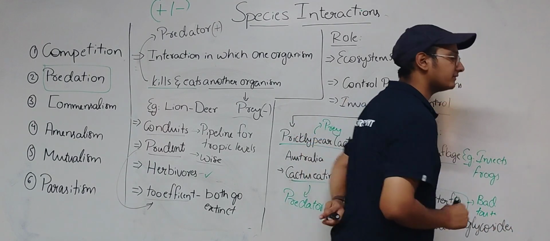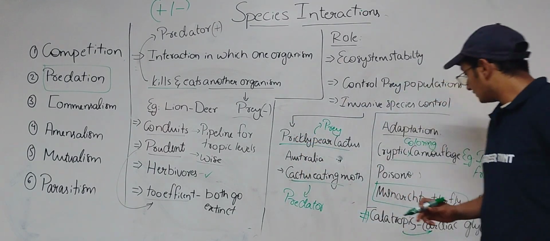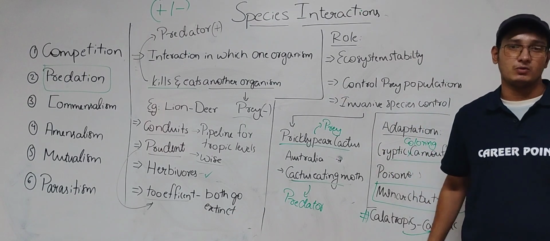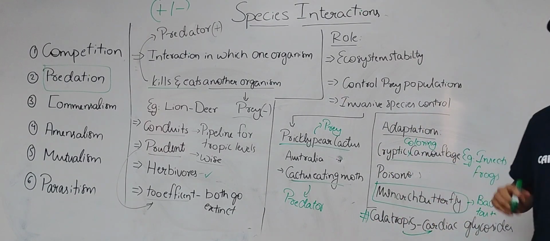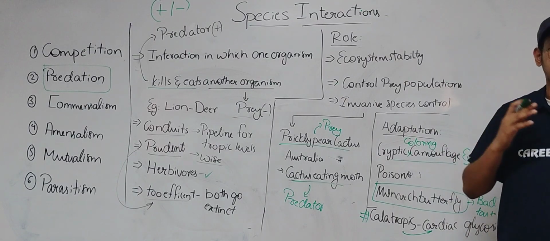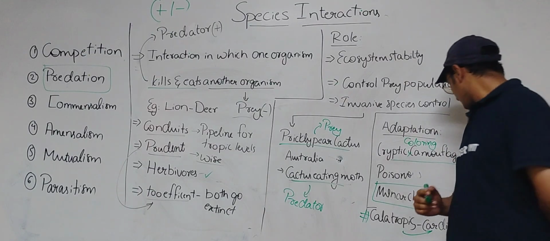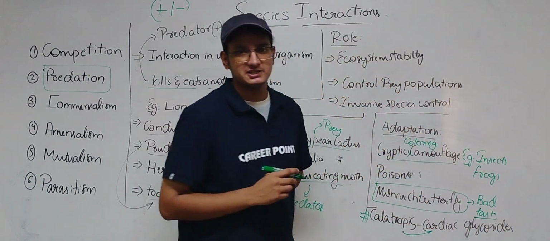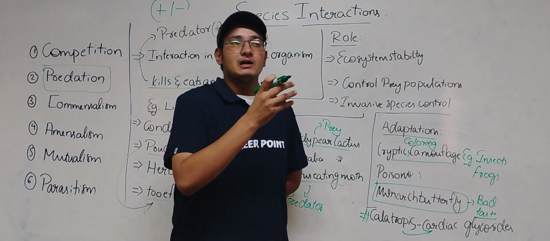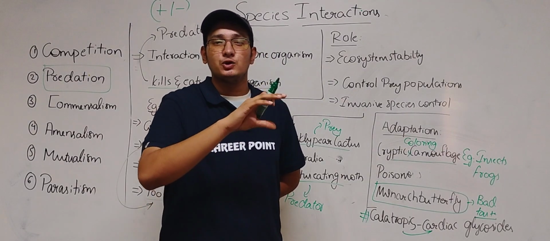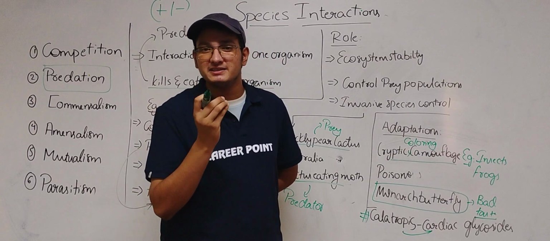So this monarch butterfly tastes very bad, so the predators don't like the taste of this butterfly. That's the reason why they avoid eating these monarch butterflies. So how did they become bad-tasting? During the caterpillar stage, they feed on poisonous food, and this makes the butterfly very bad in taste.